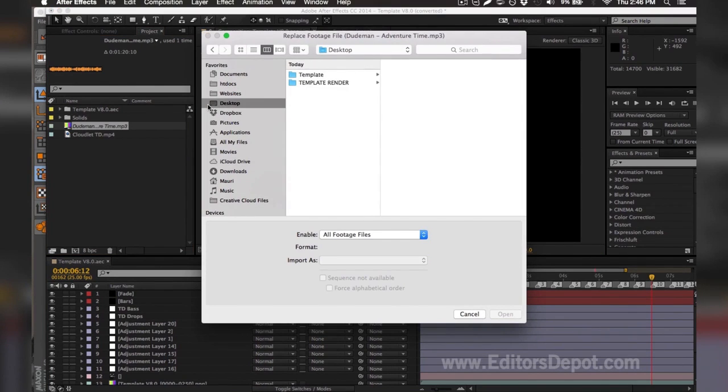It should be included in the template, and if it's not included, we're sorry and we're going to do our best to try to help you, but if it's not, you can go ahead and include any audio you want. As you can see here, it's not included, so I'm going to just drag in one of my copyright free files that I have in my library. You can use the one that we're using for this tutorial.